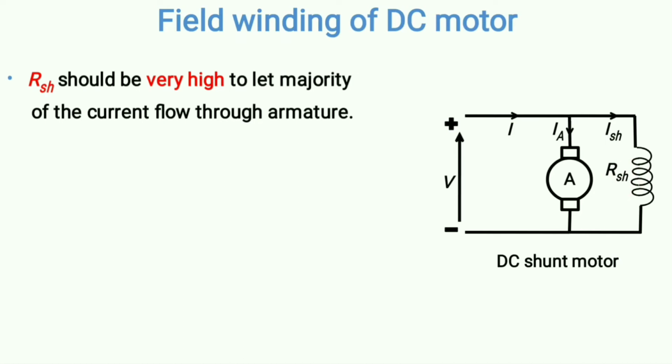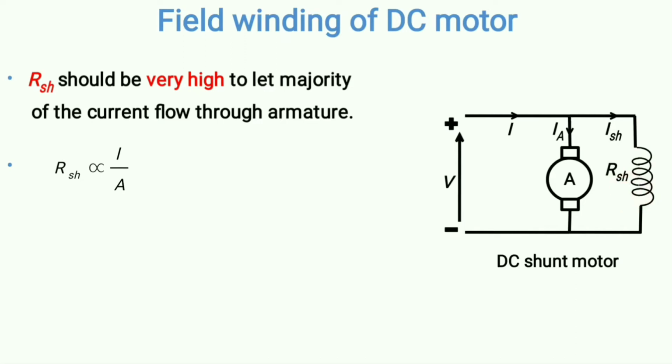So what is the alternative? You have to increase its resistance. Now you got the idea. As you all know, this is a very well known formula: resistance is directly proportional to the length of the conductor, where l is the length of the conductor and A is the cross sectional area of the conductor. Here the conductor means nothing but the winding itself, because that winding also has some resistance. So the length and area indicate the length of the winding and the cross sectional area of the winding.